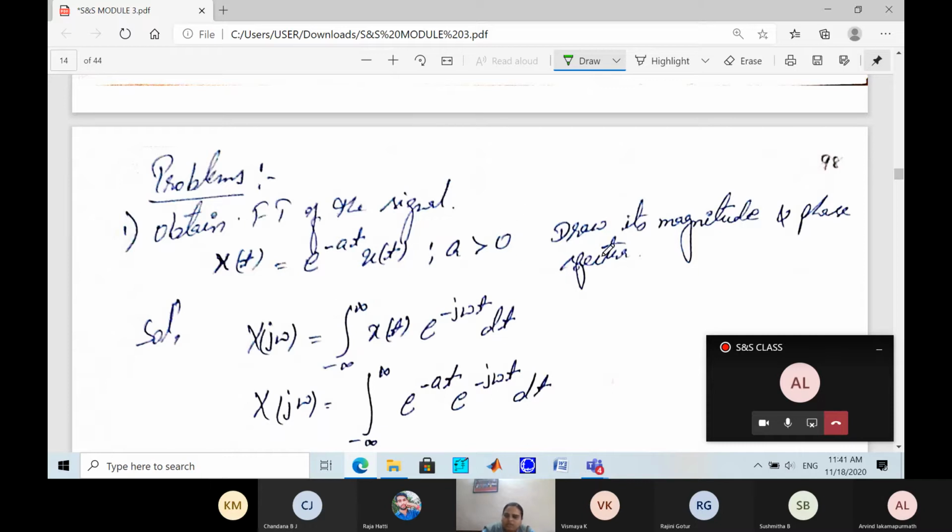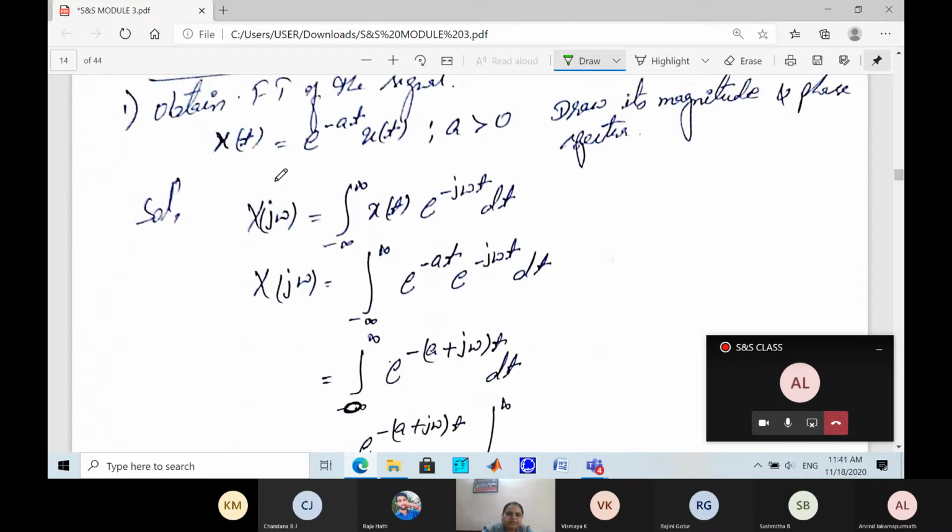What we have to do for this? We have to draw its magnitude and also the phase spectra. Solution. First we have to write the Fourier transform equation, that is x of j omega is equal to